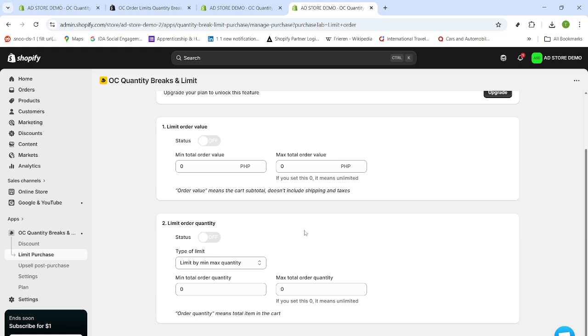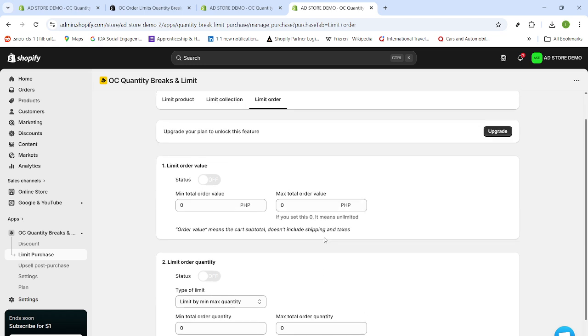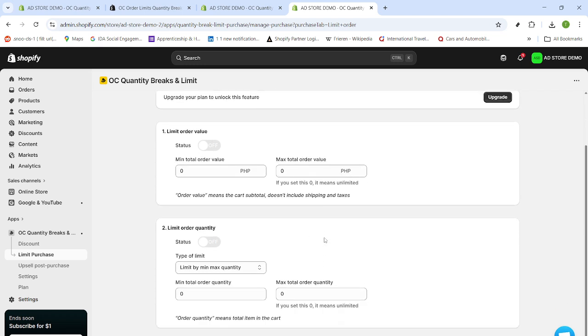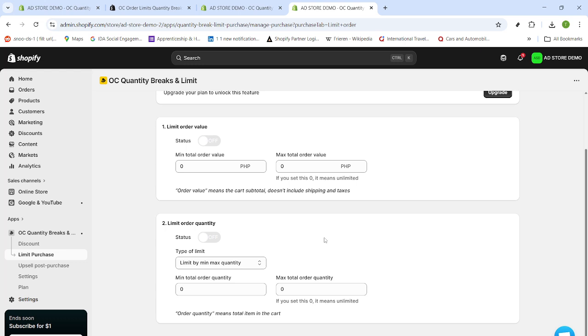At this point, you've installed the app, connected its theme block, synchronized your catalog, and navigated to the exact tabs you'll use to apply minimums. A quick tip: after you create any rule, test it on your storefront in an incognito window to see it exactly as customers do, and keep your theme block enabled so validation appears consistently. That's all you need to get your minimum order quantity flow